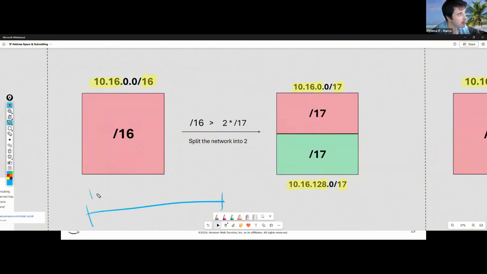this /16 has now started. It's the same as saying it's now 2 /17s. So the starting point is still the starting point. We still begin here, but now the halfway point is the point at which the second /17 network starts. So the first subnet is going to be 10.16.0.0 all the way through to one before the next one. So all the way through to